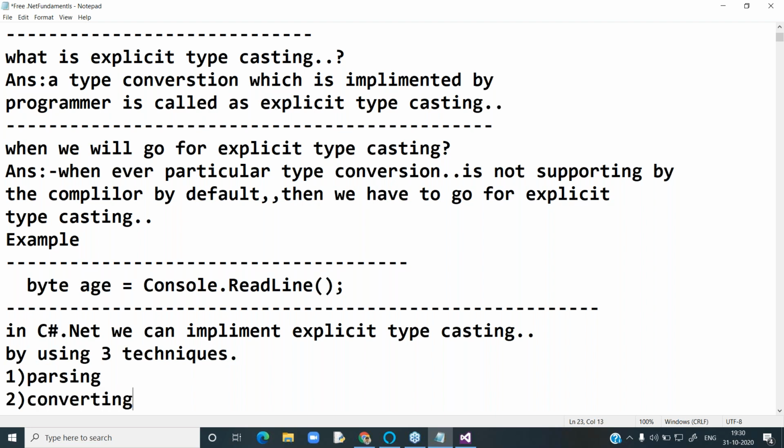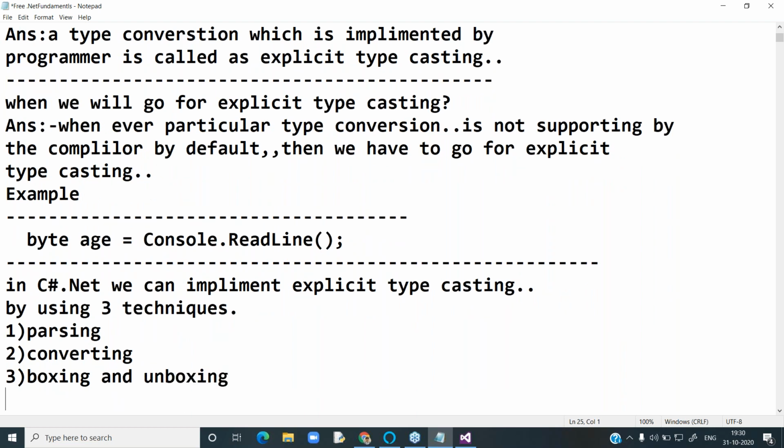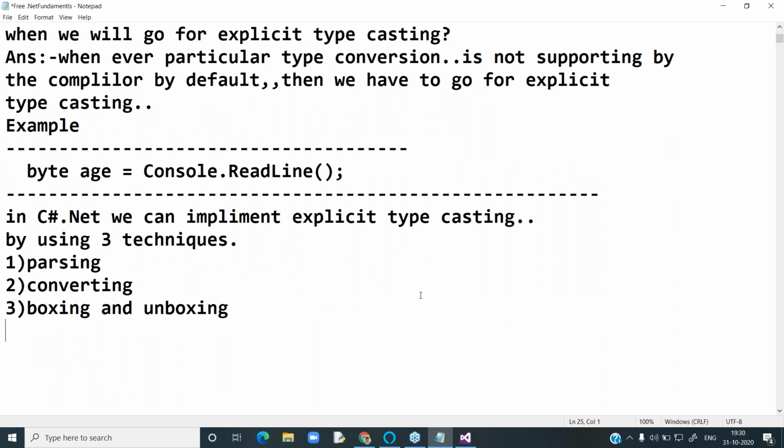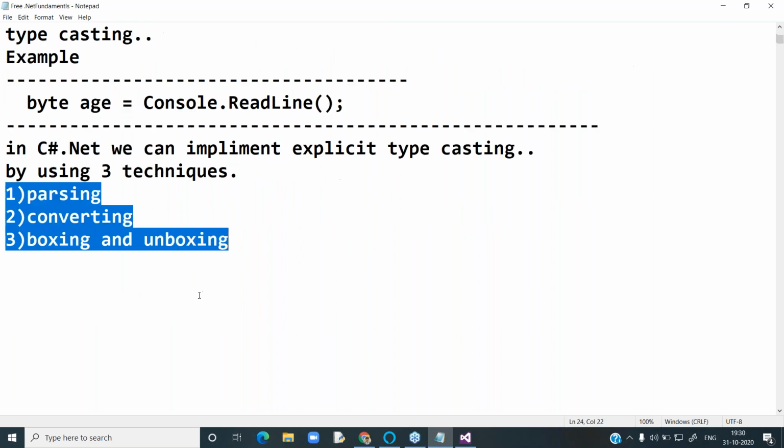Number two, converting. Number three, boxing and unboxing.